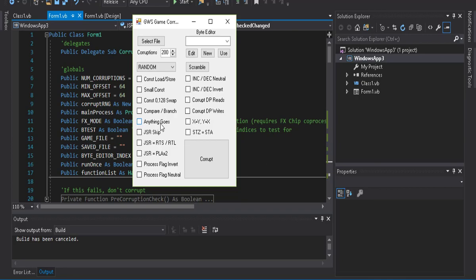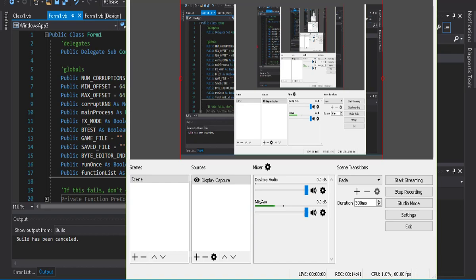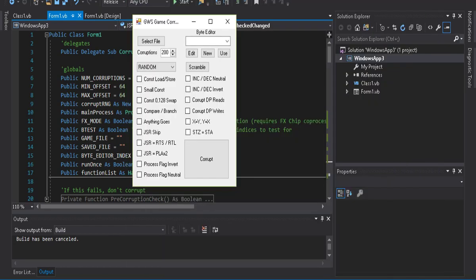Let me make sure all my stuff's working here. Yeah, the more stringent you make your search, the fewer potential impacts you'll have. And you'll see this with a lot of games. If you use Real-Time Corruptor, for example, it produces awesome effects, but a lot of the effects get repeated. And it's the same thing with these two. And then you have these three JSRs here. JSR skip,